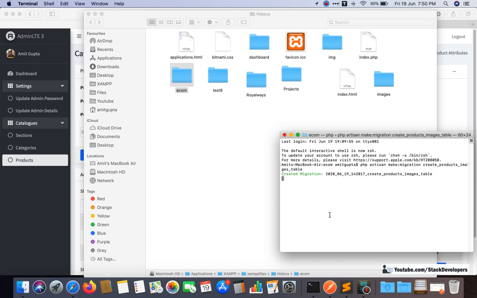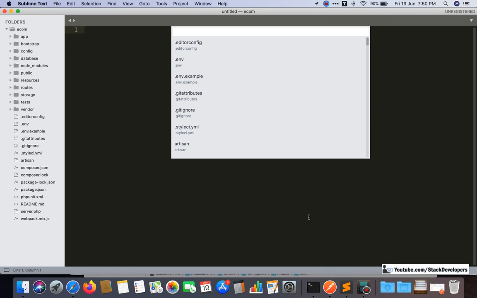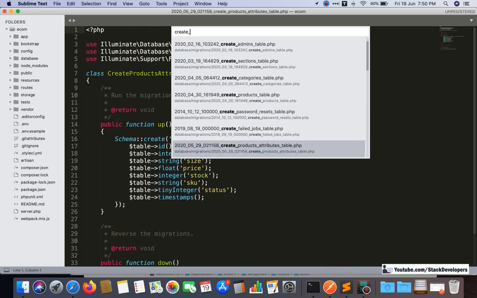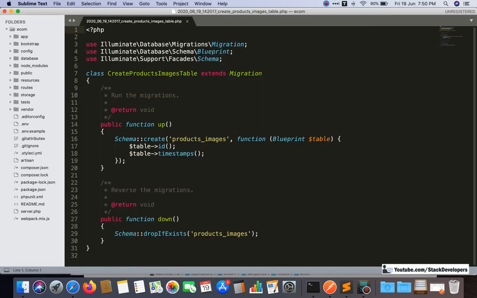See, our migration file has been created. I'm going to open this one. This is the migration file that we have created, and we are going to create the products_images table.